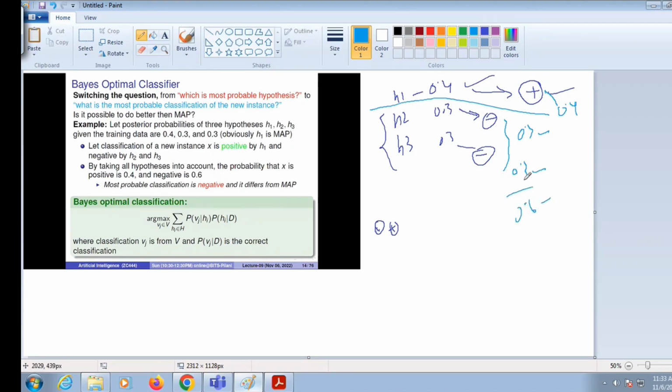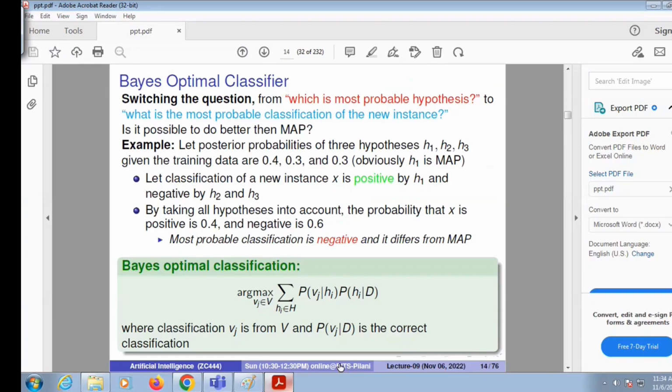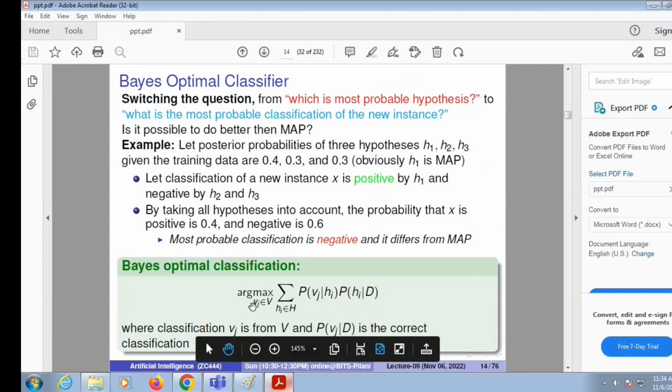Can you see this? If I consider all the hypotheses, then the probability that the item is going to be negative is 0.6. So should I take positive or negative? If I decide to go with the negative one, it is called the Bayes optimal classifier. This is the Bayes optimal classifier where for